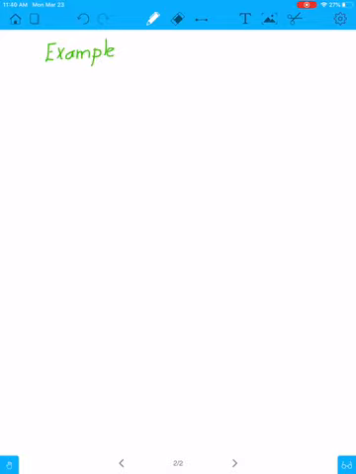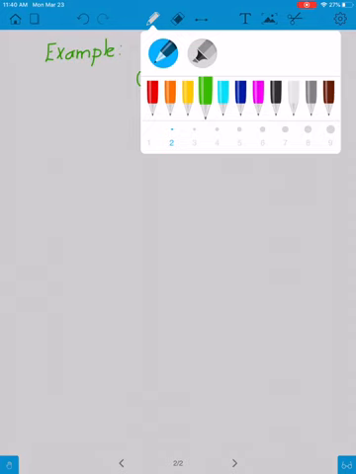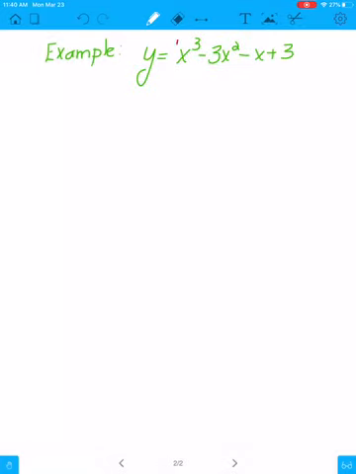The example we're going to look at is y equals x cubed minus 3x squared minus x plus 3. The leading coefficient of this one's going to be a positive 1. So if there's nothing there, it's a positive 1. Okay. So we know that our leading coefficient,